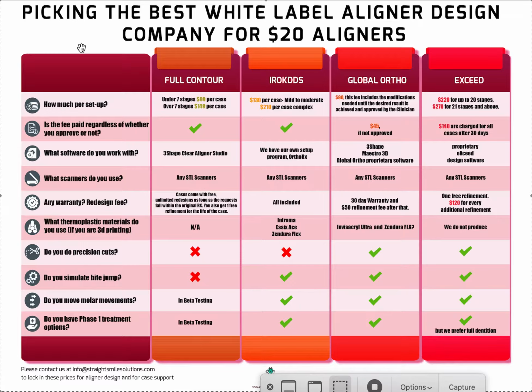So they've chosen maybe a different scanner for their office. So now you can do really great aligners, and it doesn't have to be ClearCorrect. Matter of fact, this is cheaper than ClearCorrect, a lot cheaper than ClearCorrect. The only thing you have to keep in mind when you're doing pure white label, and there are many other